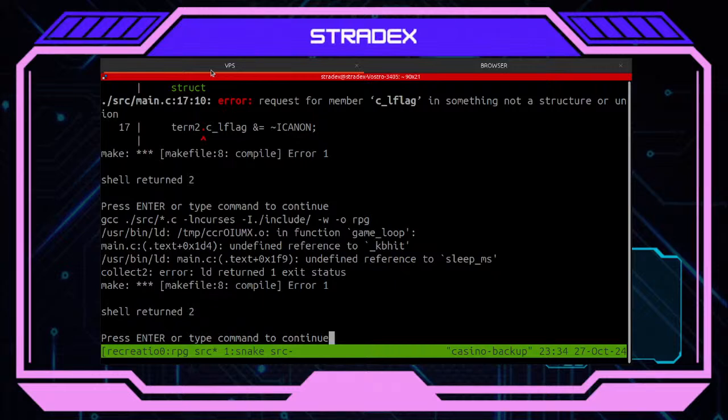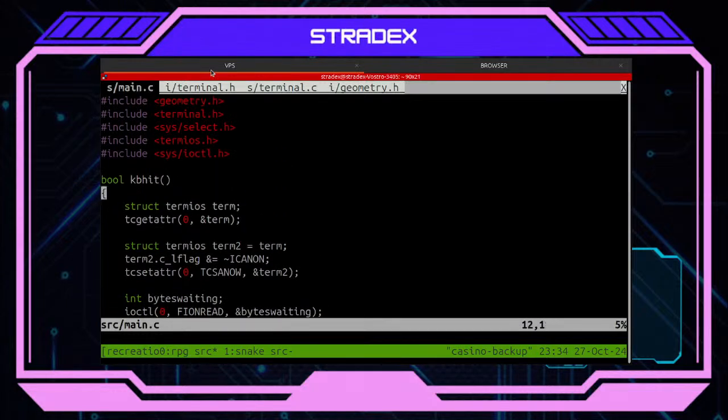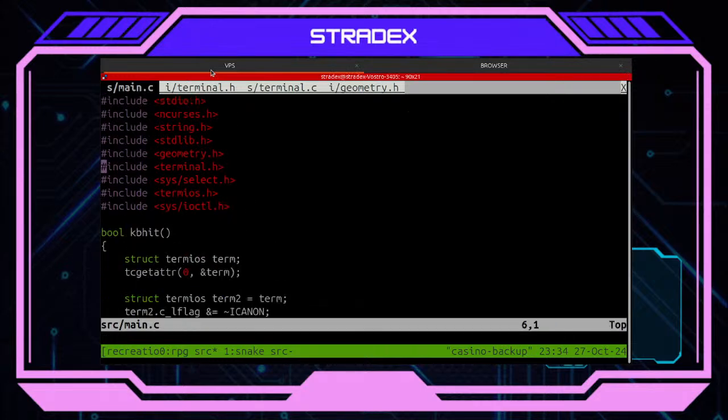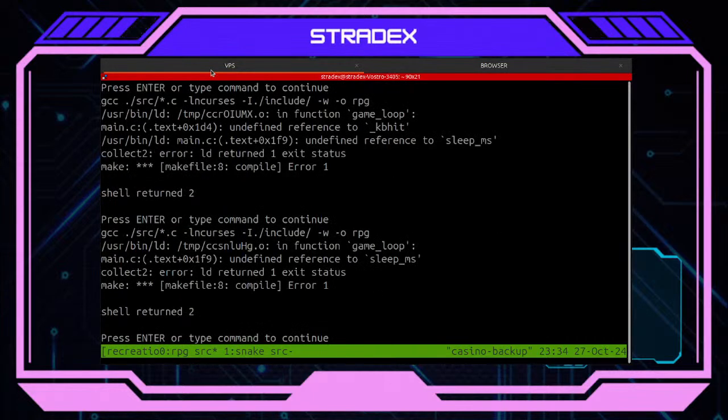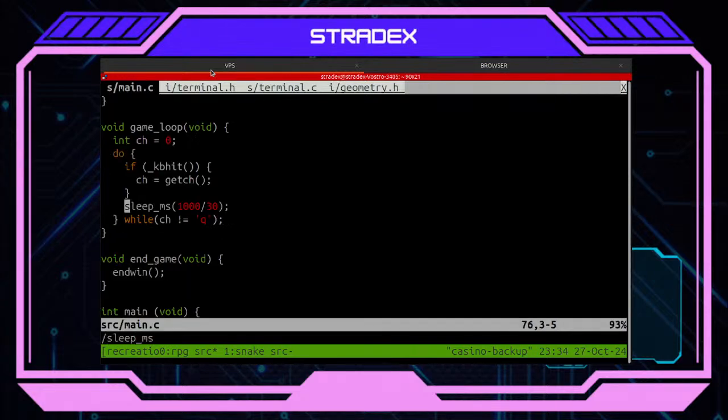Undefined reference to... actually want this to be like this, yes. Undefined reference to leap like this.